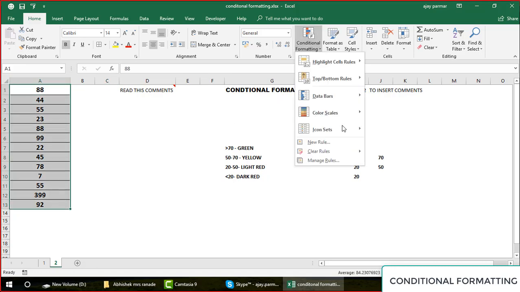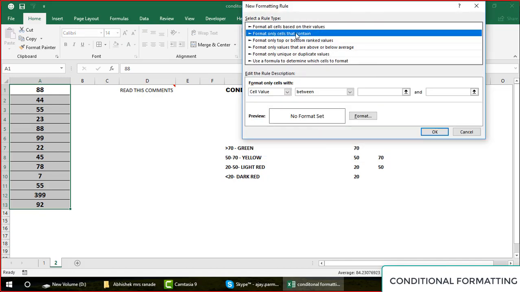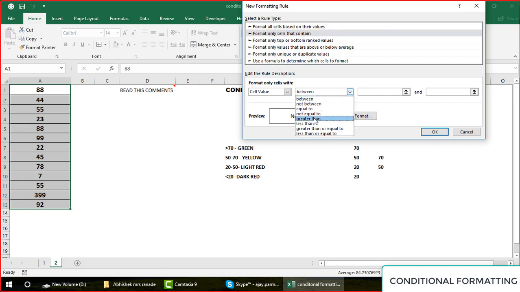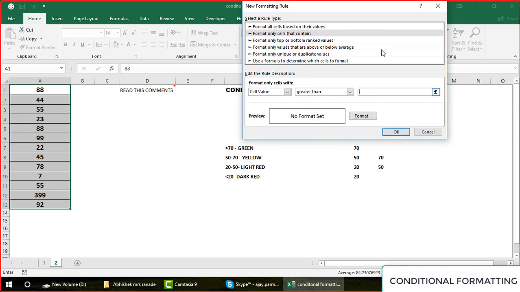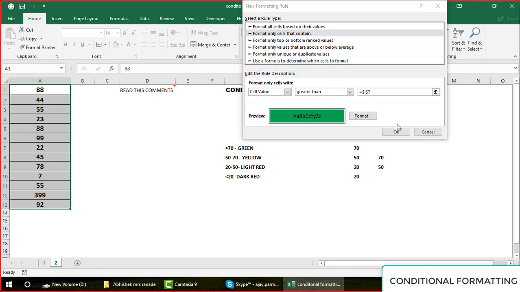So I quickly go to the new rule. Again, say window, I will select this, cell value greater than, you choose this, and now in the greater than window, what you want to do, this cell, remember that this is I7 now, it's a dynamic thing you are doing. So for that I use the green color, let's say OK, click OK,